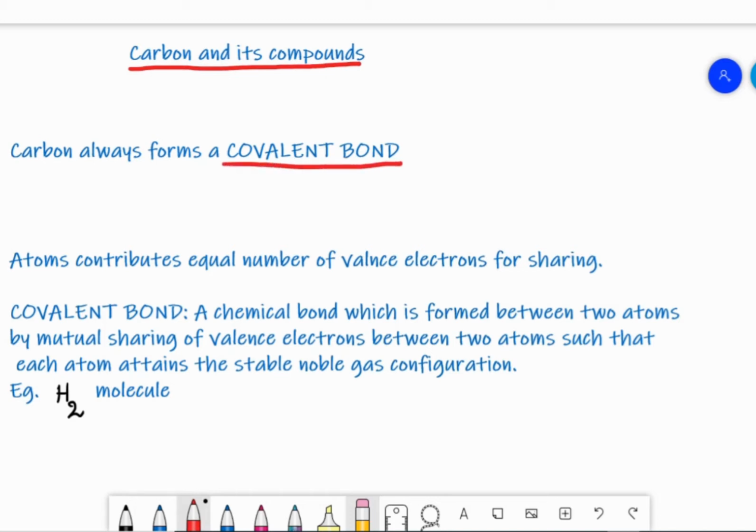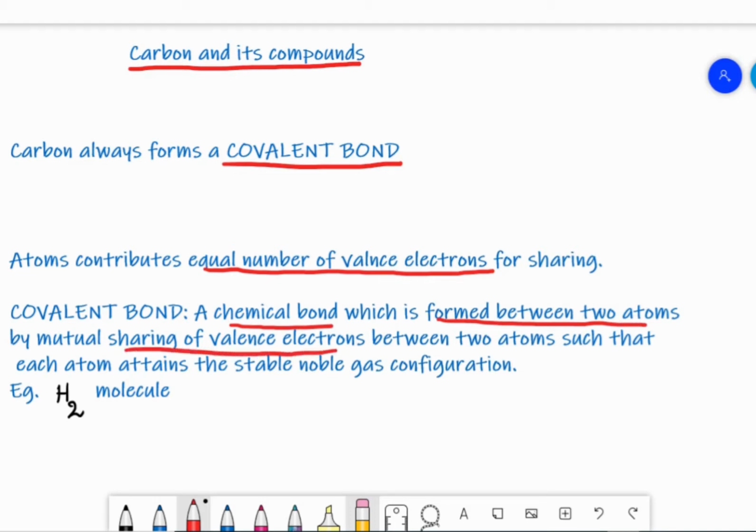Usually carbon always forms a covalent bond. In the last video we already explained why carbon does not form an ionic bond. Usually when atoms contribute an equal number of valence electrons for sharing, such atoms form a covalent bond. A covalent bond means a chemical bond formed between two atoms by sharing an equal number of valence